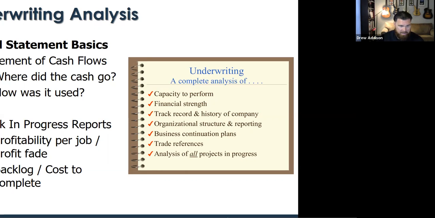are backlog based, which means your entire backlog is considered on the aggregate level. But there are programs set aside for cost to complete. So it's very important that if you do have a surety program in place, you understand whether you're on a backlog or cost to complete basis, because that's a capacity question that could serve you very well in the long run, and really how to manage all that.